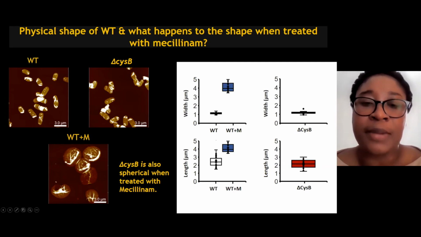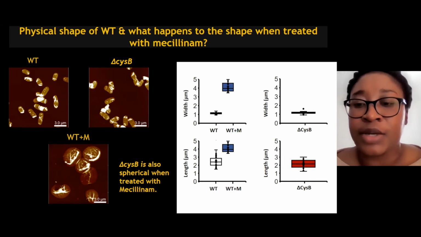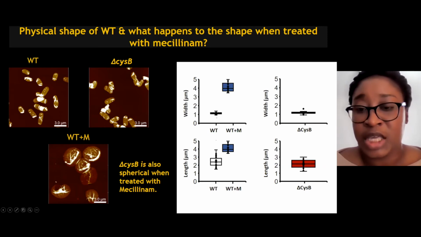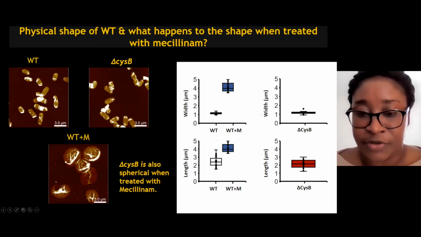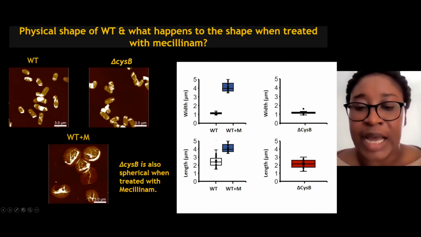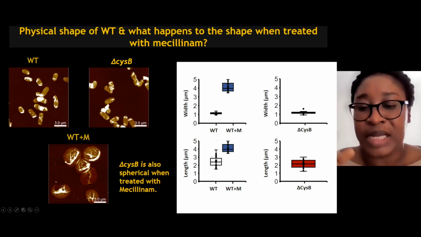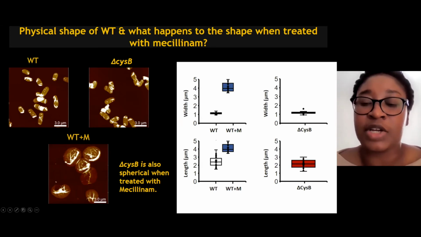In addition to this, we step further because we do not want to just have qualitative images alone, but we want to further quantify. So we quantify the width of this rod, and if you look at the result on the right-hand side, you would see that in terms of the width of the rods, you don't basically see any difference. They fall in the same range between 1 to 1.5 micron in terms of the width, which is the center of mass of the rod. And again, in terms of the length, which is the total length of the rod, you also see that for the wild type and the CISB, they also fall in the same range between 1.5 to 4 micron in terms of length. But the main difference is actually when they become spherical.